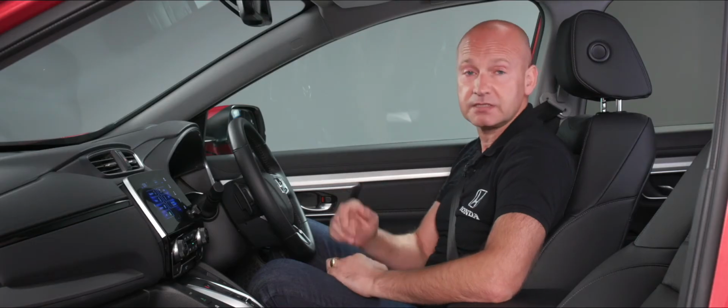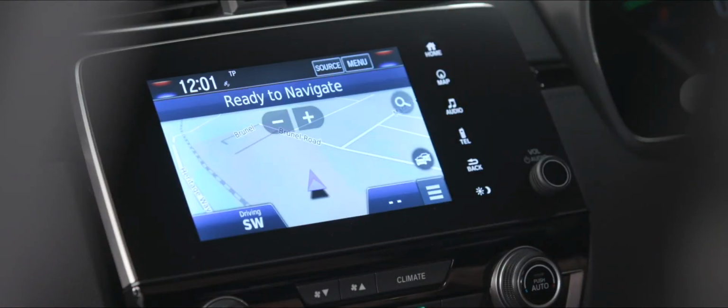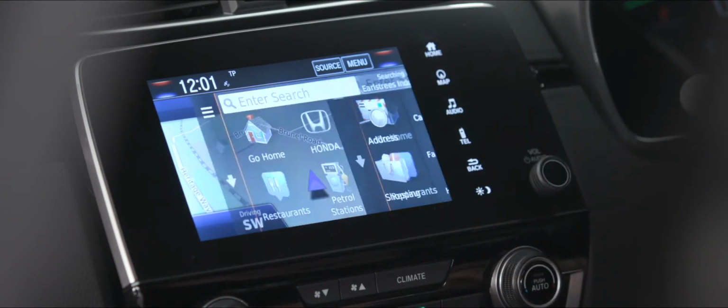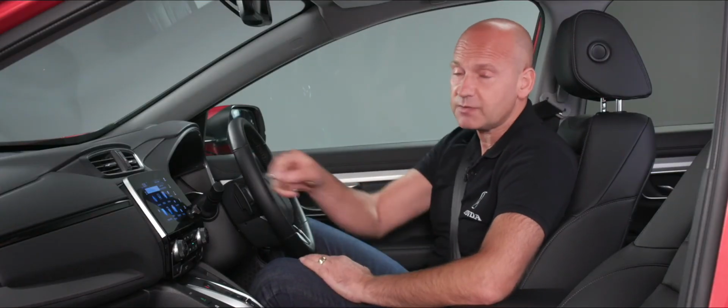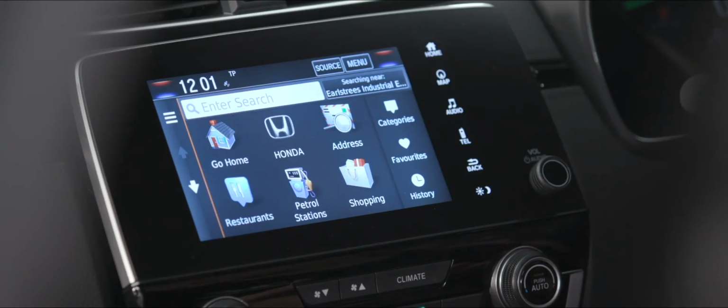Now we're going to start in the top left-hand corner with navigation. So if you've used Garmin before, a lot of this will look very familiar to you. And we have the little magnifying glass just over there. Now this is where it's a little bit different to a traditional Garmin system, because we've actually put our Honda dealers in there as preset addresses. So anytime you want to locate one, pop it into the navigation, you've got them all listed there for you